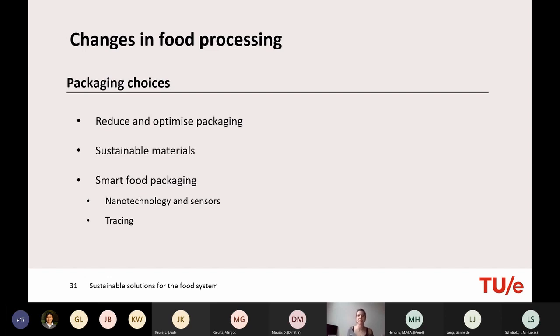So in this context, again, there's the development of nanotechnology and sensors that can indicate better when a product is actually expiring. So for example, in the case of meat, there's specific labels that are being developed that can track the microbial count and then indicate whether the meat is good or already bad. And this may help to give a better indication of the product's state and avoid that the product is being thrown out too early.